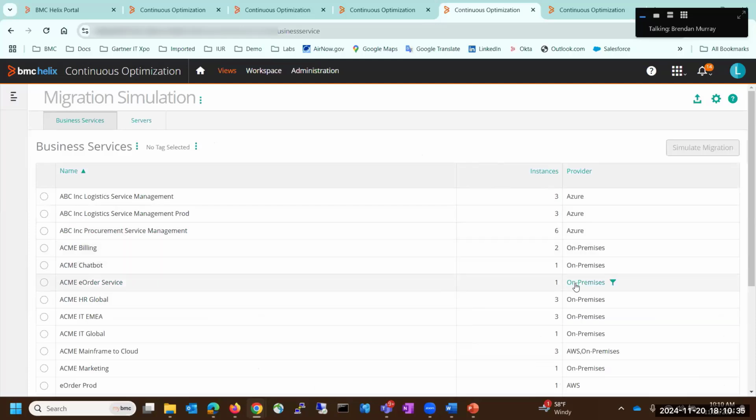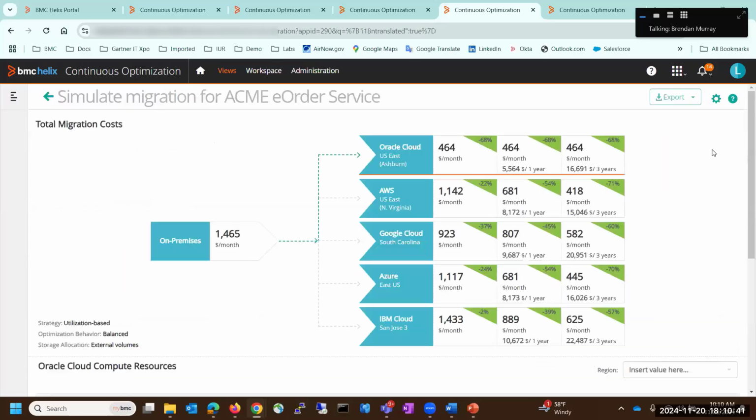I'm going to take an on-premises service, which is my Acme eOrder service, and I'm going to go ahead and say, let's simulate moving that into the cloud. Immediately it's going to take the on-premises cost, and you're probably wondering, okay, where are those cost numbers coming from? Well, they're coming from